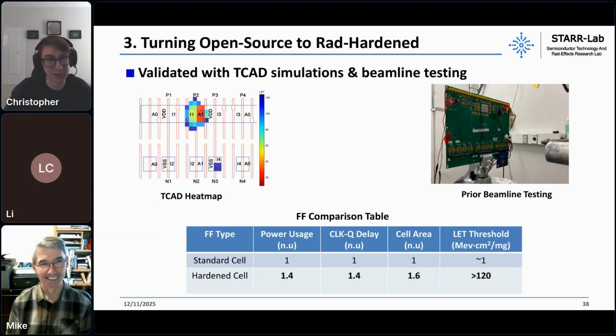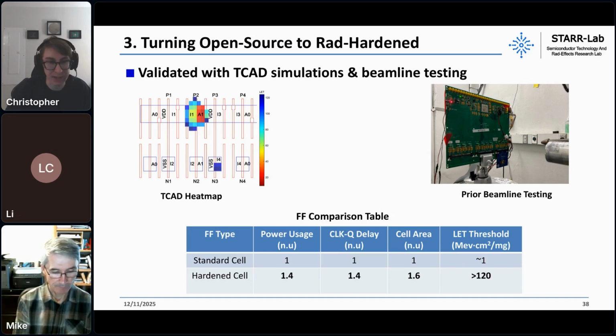And then we also rely on the results from our prior beamline testing to fully understand how the cells work. After that, we come up with a finalized design methodology that we can implement for these cells. A quick comparison, with the table at the bottom: if we look at a standard cell provided from the Foundry PDK and compare it to our hardened cells, which have all these methodologies and tips and tricks baked into them, of course you always pay some sort of price in terms of how big the cell is, how slow it is, or how much power it uses